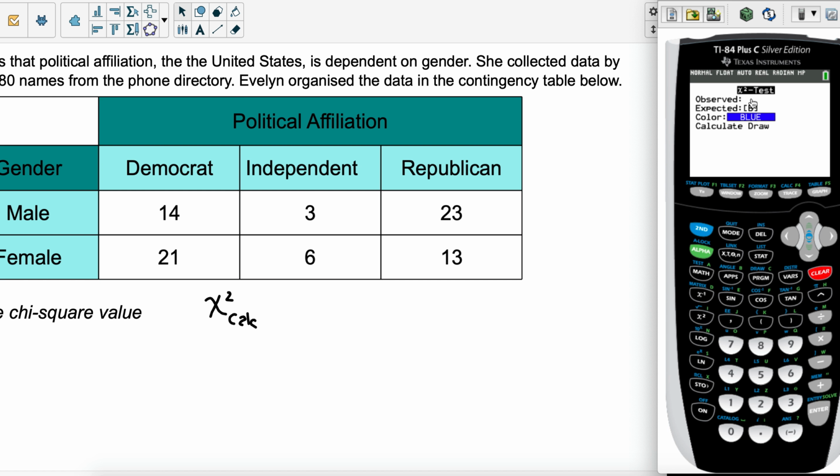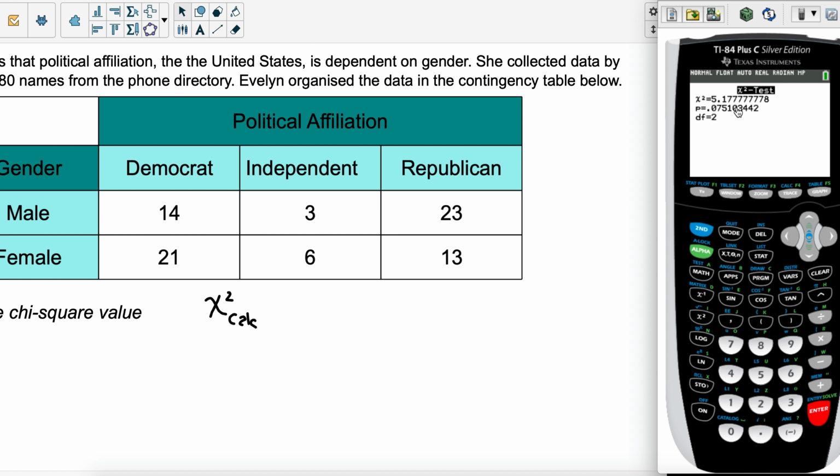Now, if this is cleared, or if you wrote your observed value in a different matrix, then just press on second, and then matrix again, just as we did in the beginning. But don't go to edit, just stay on names and select which matrix you've actually edited. So I have matrix A. And matrix B will change automatically to have the expected value. And then you go to calculate,